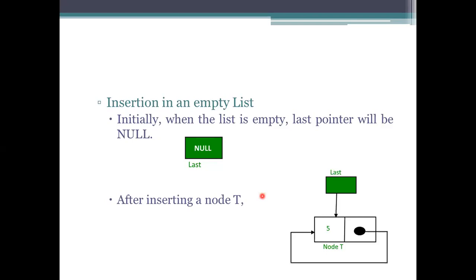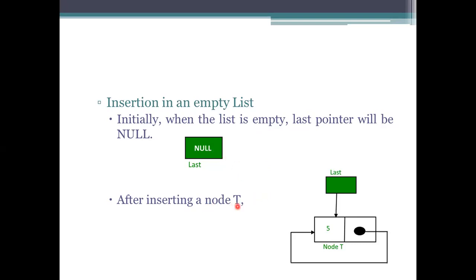First, initially we need to create a node. How are we going to create a node? First we should specify the list to be considered. When the list is empty, we need a last pointer, which is taken as null. There is no element since ever, so that's why it is considered null.